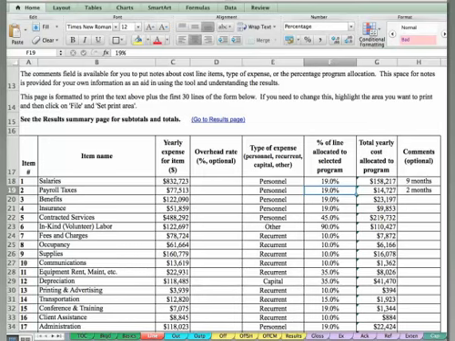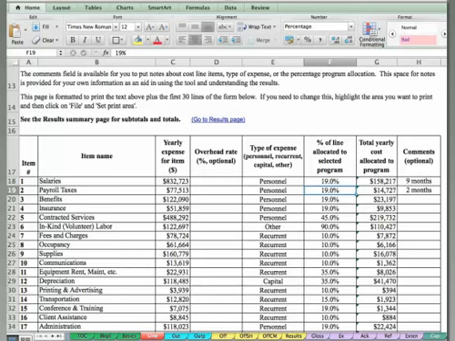And so we can see the first item here is salaries. We've put in the amount. If this were a larger organization, it may be that only part of the personnel, and thus only part of the salaries, are devoted to the particular program that we're costing. In this example, only 19% of the personnel salaries go to the program. And so we put in this percent of line items, 19%. The computer does the calculation for us and comes up with $158,000, and so on for the payroll taxes and